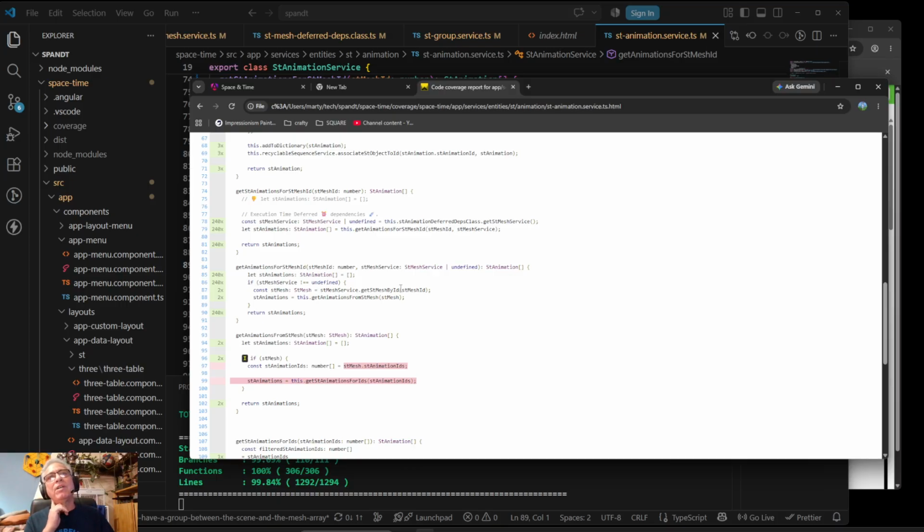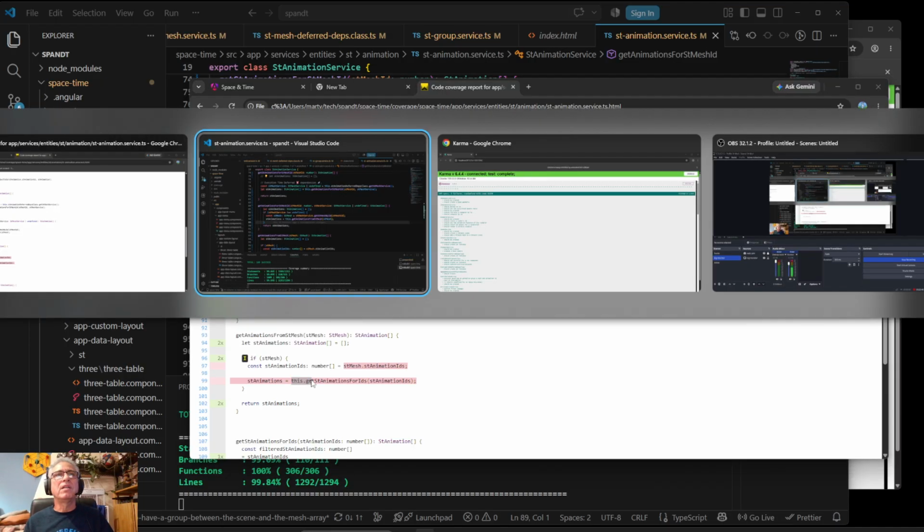But it's so much easier just to create a new test for this and pass it in an ST mesh. This is very not complex. It's definitely not a pure function though, because on line 99 we do have a this. But anyway, so now